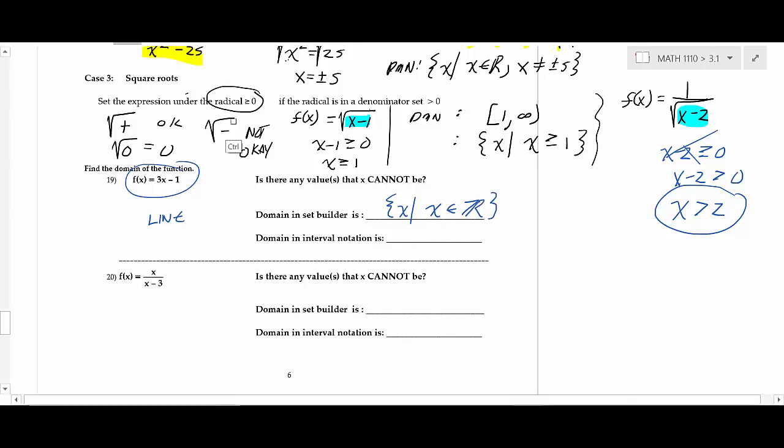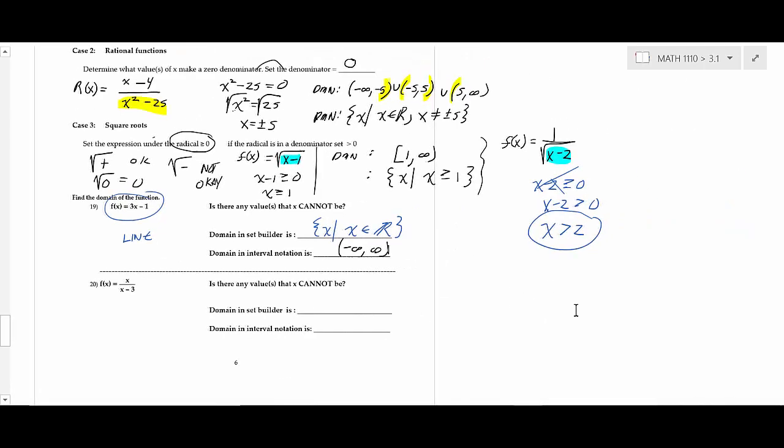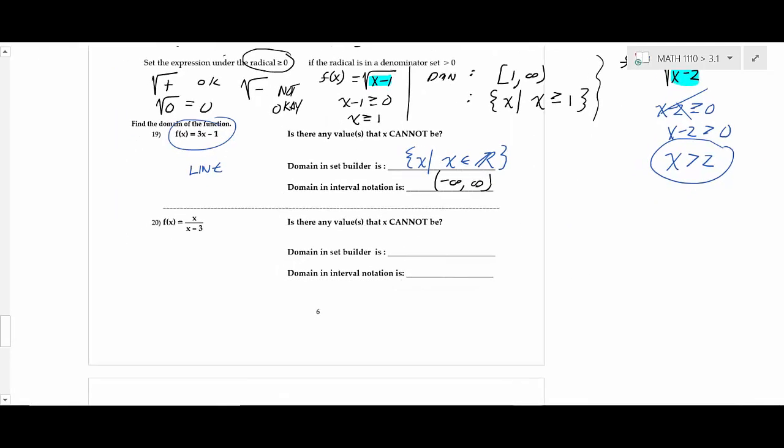That's just the mathematical symbolism you see a lot of times in textbooks as you write it like that. Okay, in interval notation, what would it be? Negative infinity to infinity. Okay, that's automatic because you know it's a line. You've got to recognize linear functions always work out that way. Okay, if you begin to look at the next problem here,